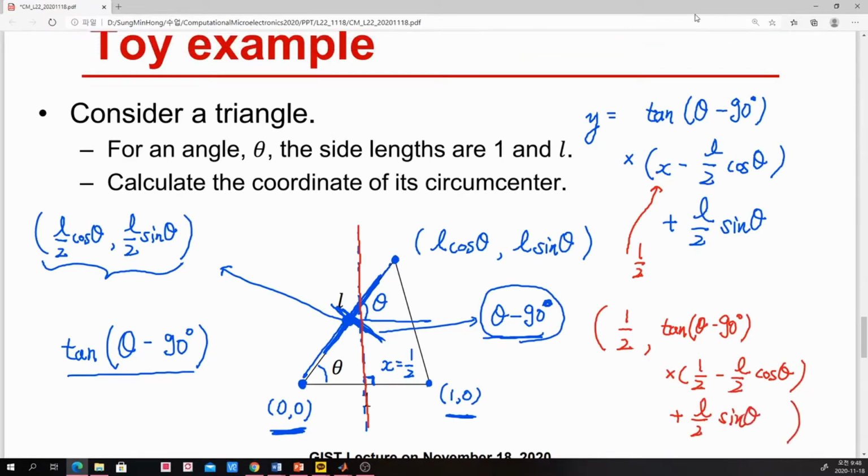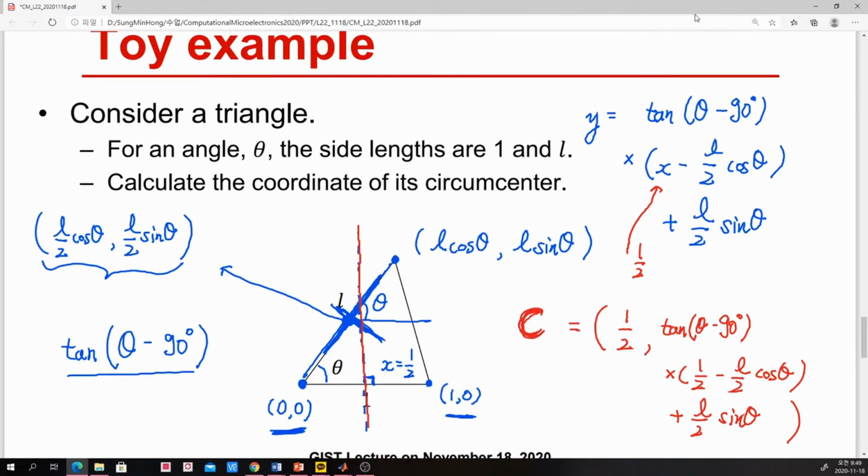That will be the expression for the coordinate of the circumcenter in the triangle. So since this is the coordinate for our circumcenter C,